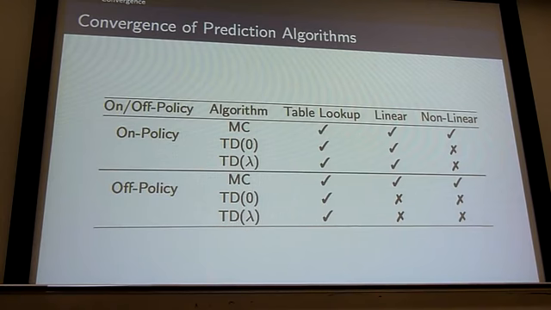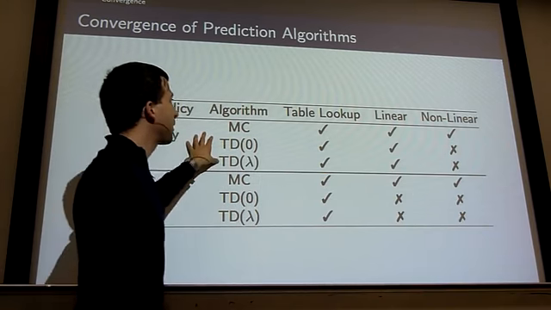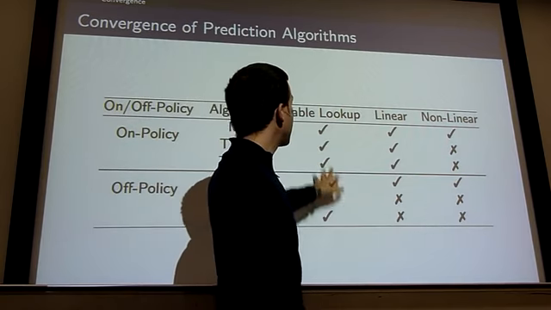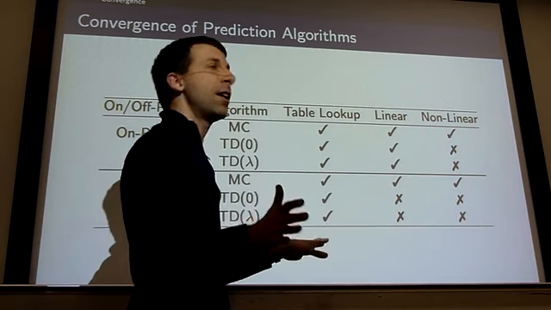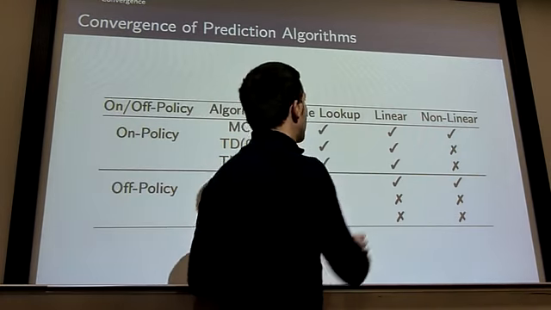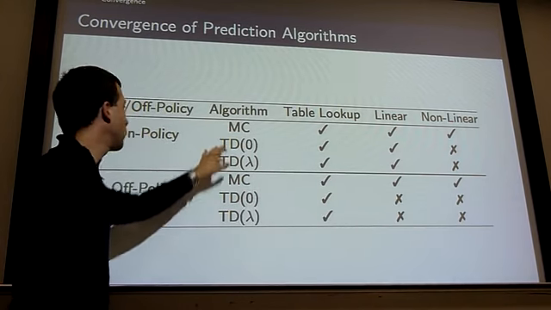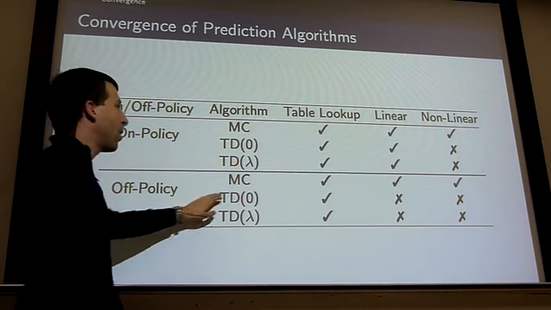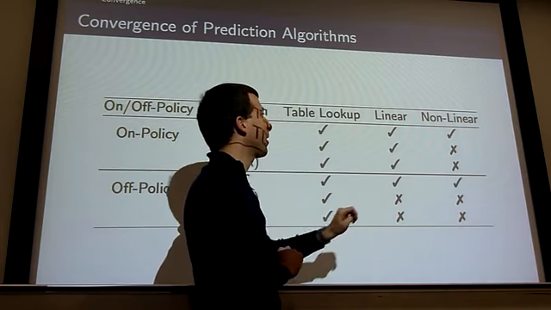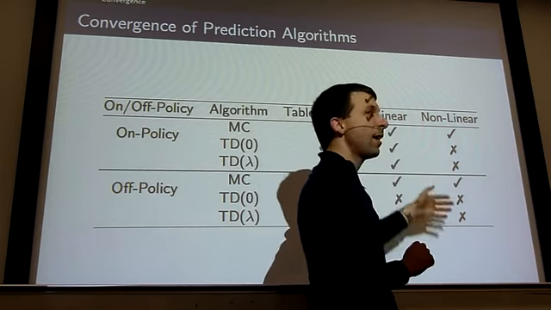So we have to summarize where we're up to so far by saying that, if we're working on policy, now this is like Monte Carlo, TD0, TD lambda, everything works fine in the table lookup case. Everything just converges to the true value function. When we use linear function approximation, everything is still fine when we bootstrap, unless we go off policy. And if we go off policy and we bootstrap, then things can go wrong. That's not to say they will go wrong, but they can go wrong. And when we use non-linear value function approximation, if we're not using Monte Carlo learning, things can go